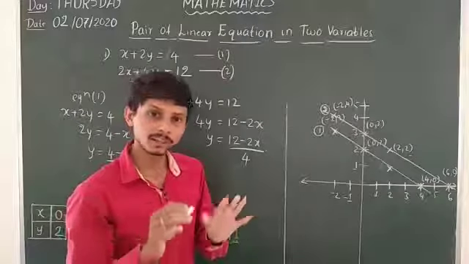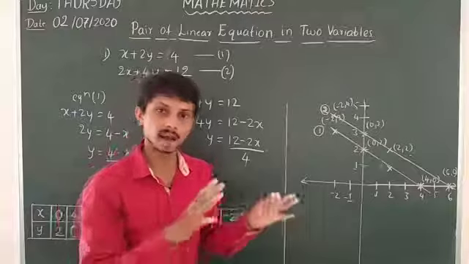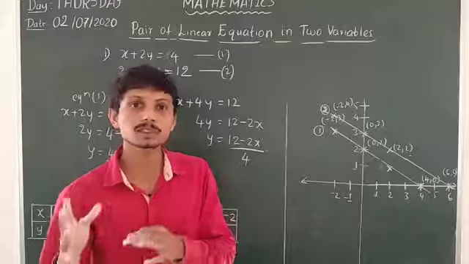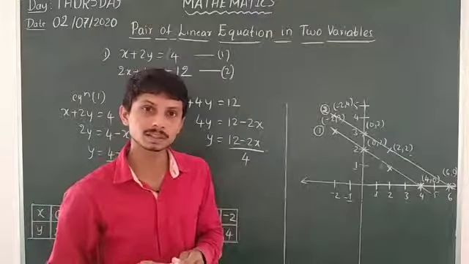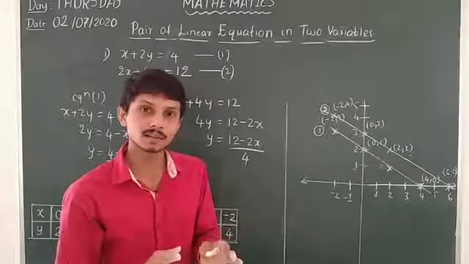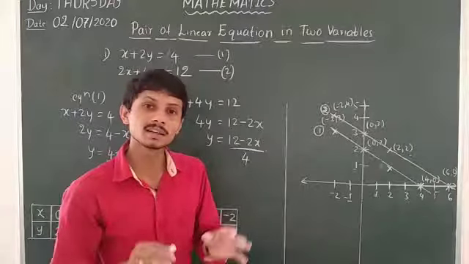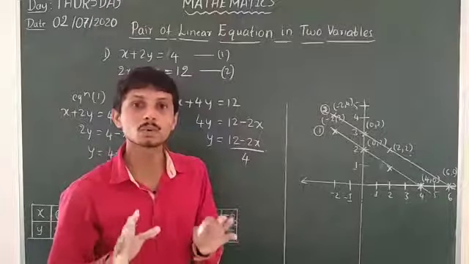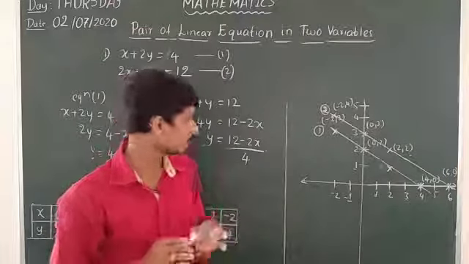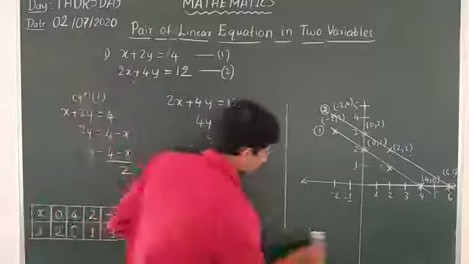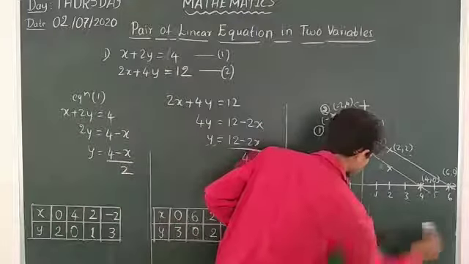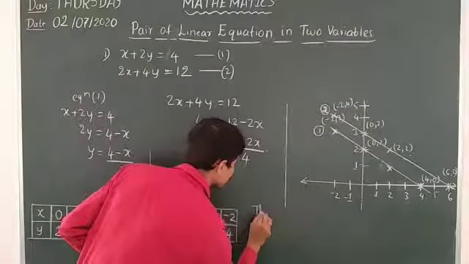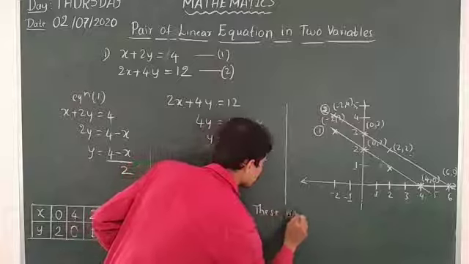We already learnt that after we represent both linear equations in two variables geometrically, if those lines are parallel, then how many solutions are there? That pair of linear equations in two variables has no unique solution or no common solution. What conclusion do we come to here? This pair of linear equations in two variables